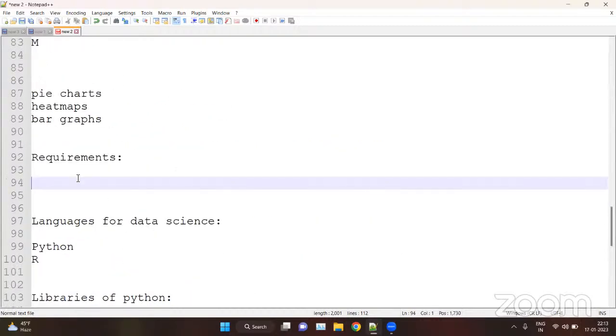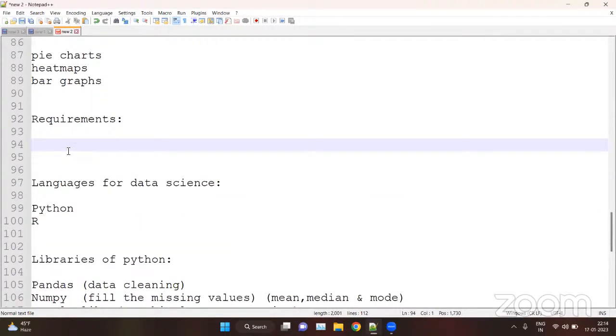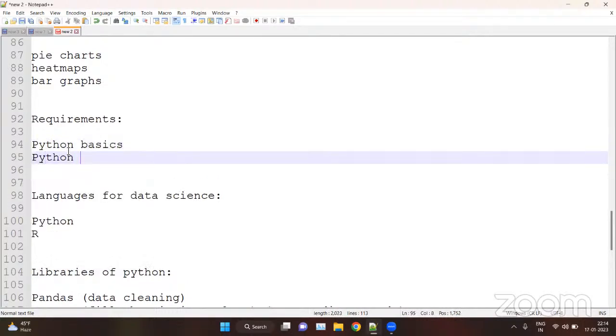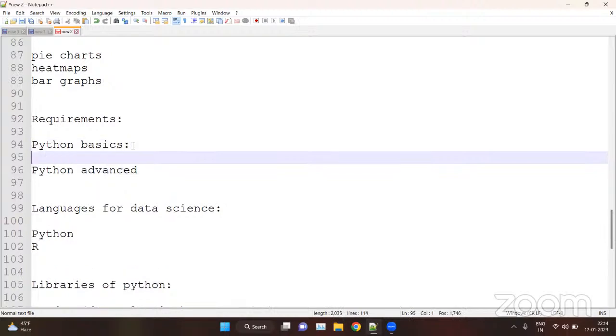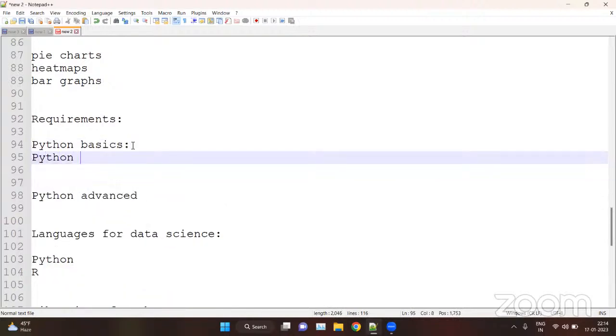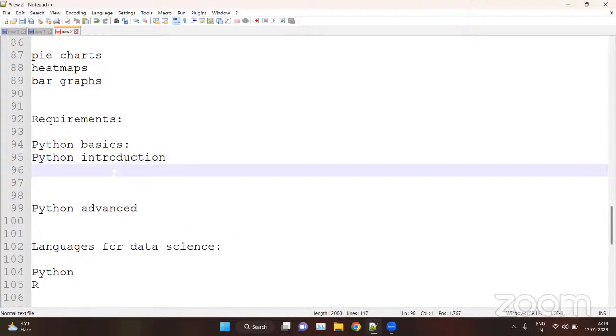Now, requirements is like, as you know, we will start with the Python basics. But we will only cover the basics part. So it is good if you know Python basics as well as Python advanced. So what comes in basics? Basically, you can go for Python fundamentals. That is first the Python intro part, like what is Python, where we can use Python, how to install, which software to use with Python, etc. That is Python introduction, which IDE to use, etc.